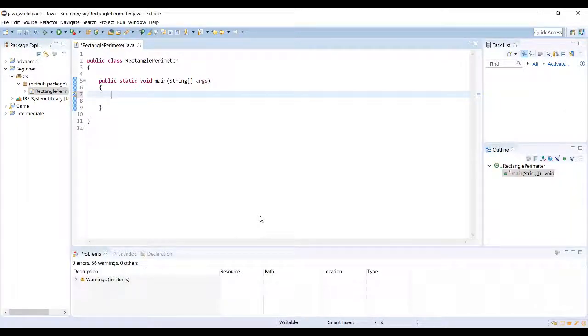Variables are known as either global variables or local variables. Global variables are declared at the top of a class outside of the main or another named block of code, while local variables can only be used inside the main or named block of code itself. So right now, my cursor is inside the main block of code, so I can create local variables for this